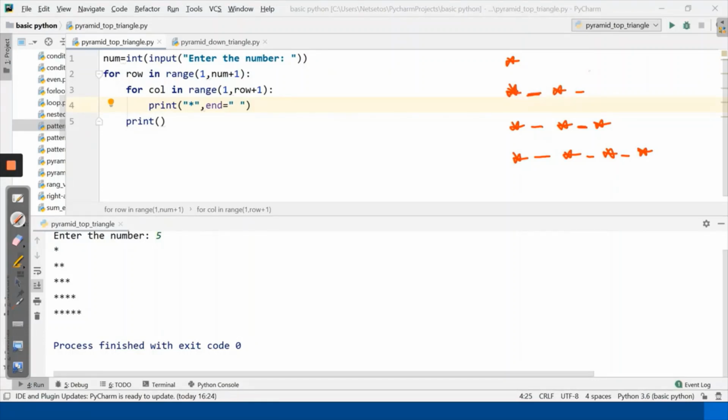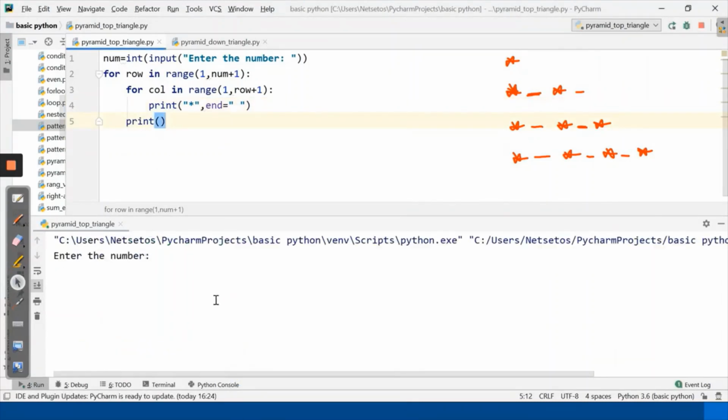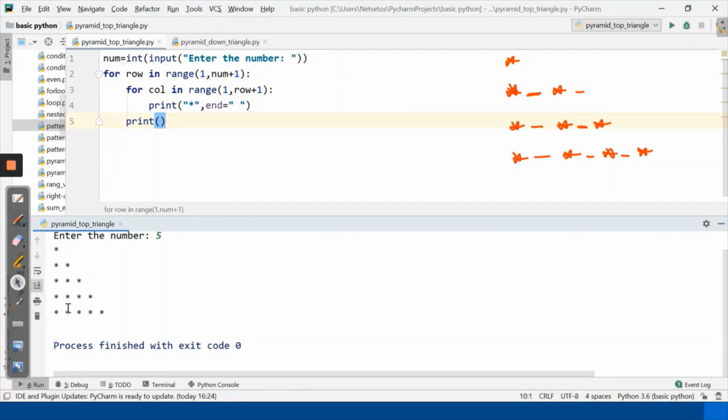So let's check this. Enter the number. I'll give 5 and we got the same space between these stars.